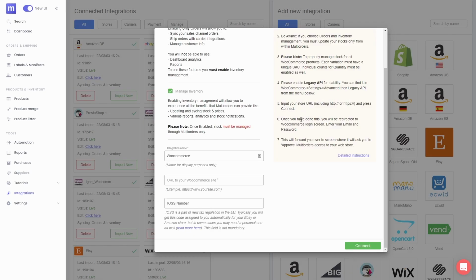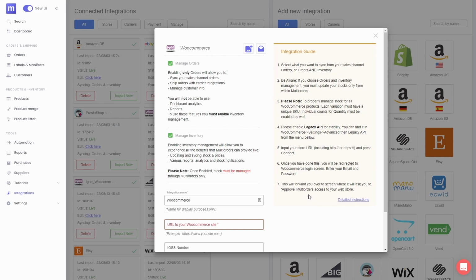In the case of the WooCommerce integration here, the only things you need to provide are a name for the store, of how you'd like to call it, the URL of the store, and, if required in your region, an ISS number. After that, you simply press connect. Multi-orders will redirect to your store. You will need to provide your login credentials. Once that's done, you will be redirected back, and in the next 10 to 15 minutes, your orders and inventory